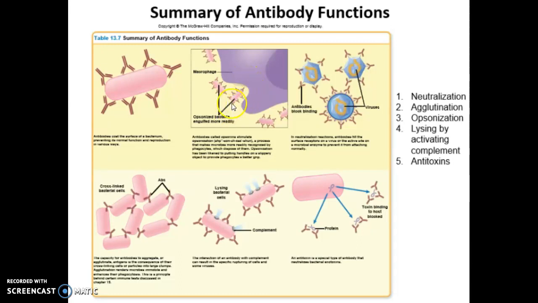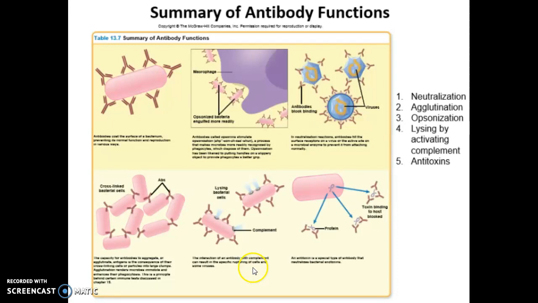So the antibody acts as an opsonin. All right, that opsonin is attached to the bacteria. That helps the phagocyte to ingest it more efficiently. All right, then you can lyse the cell by activating complement, and that's what this